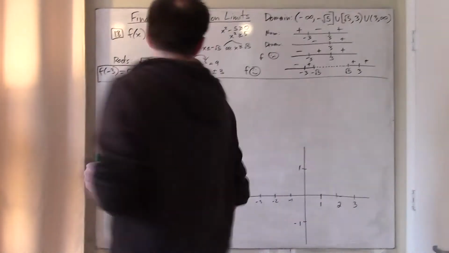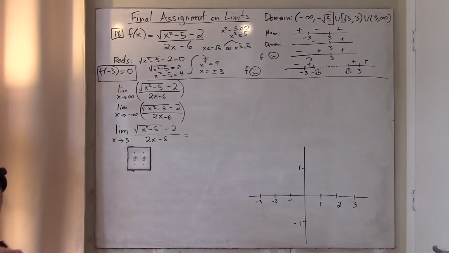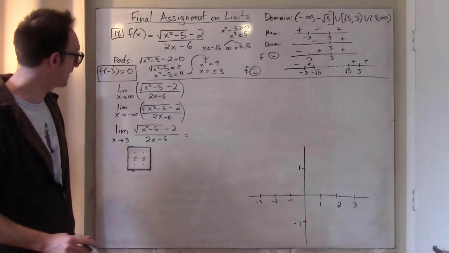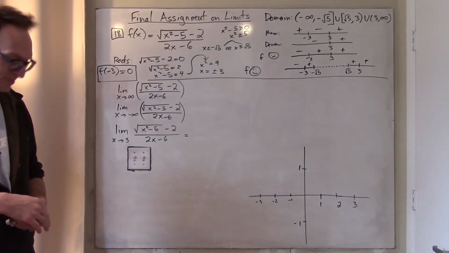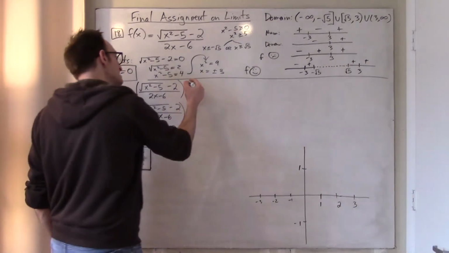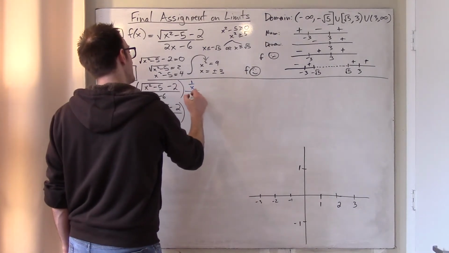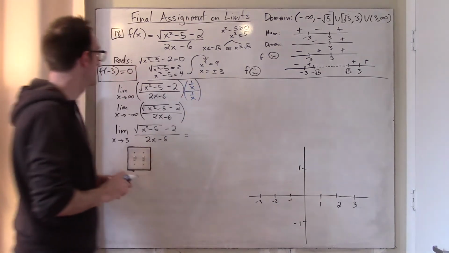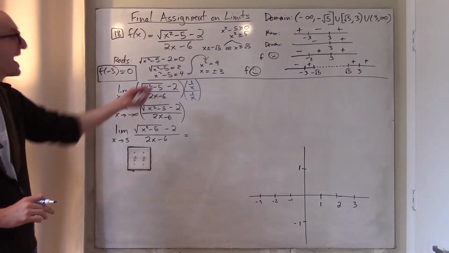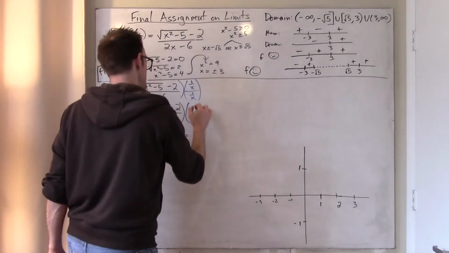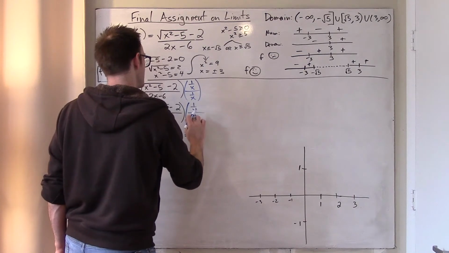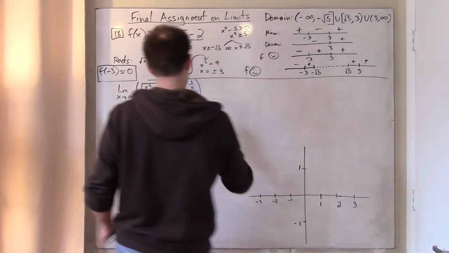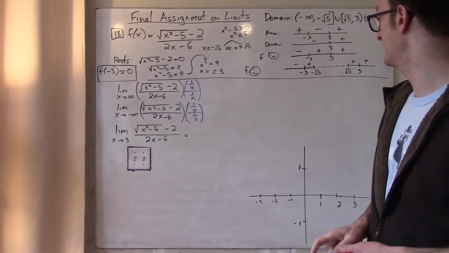Okay, so that took a lot of effort, and I haven't even done anything yet. I have just made the correct sign chart for this function. Whew! Okay, now let's do these limits. Well, I'm getting really good at this now because this is a repeat of what we already talked about in the previous problem. So I will divide the top and bottom by x because this is kind of like a rational function even though it isn't. And just like before, I'll do these two simultaneously because the algebra is almost exactly the same. The difference is in